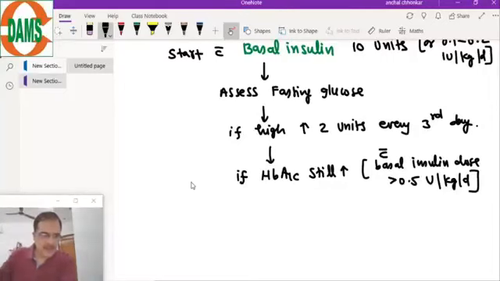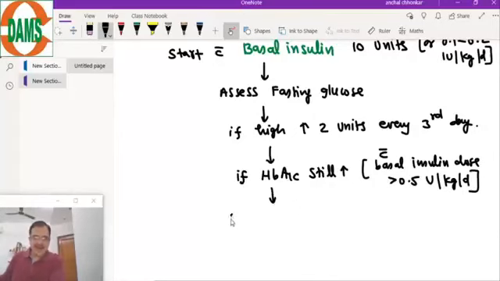So we are making the protocol if sugars are not controlled. If sugars are controlled, then we stick to that dose. So we keep on increasing 2 units every third day, and if the HbA1c is still high with a dose of 0.5 units per kg,